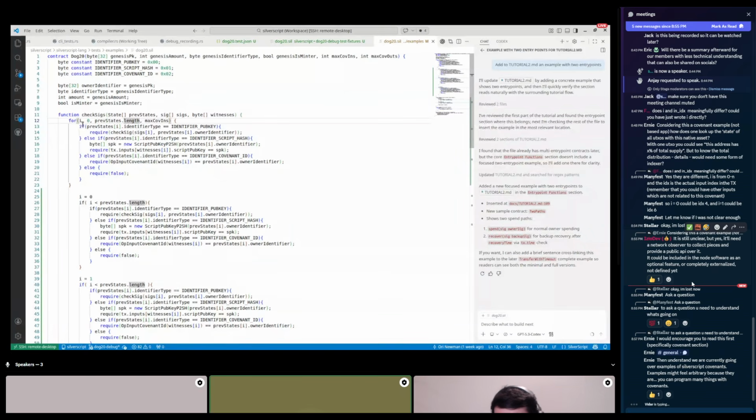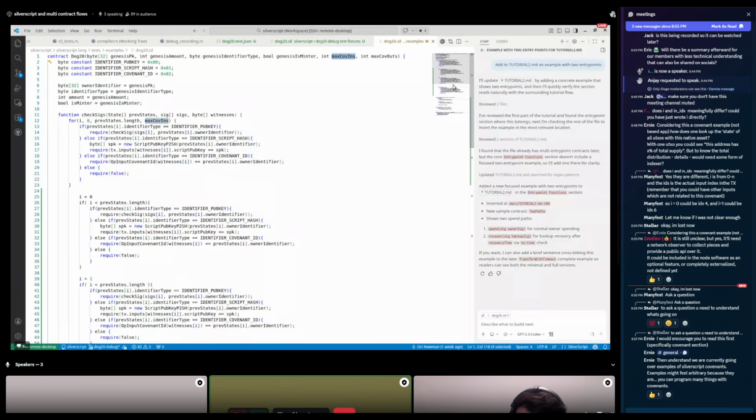This is why the first two parameters can be calculated in runtime. For example, the first state's length is computed at runtime, but the max is a constant that is known at compile time.